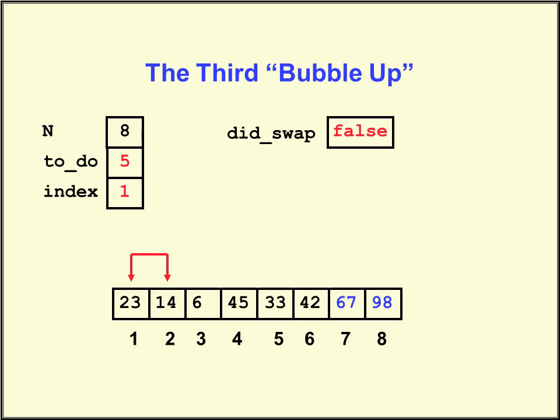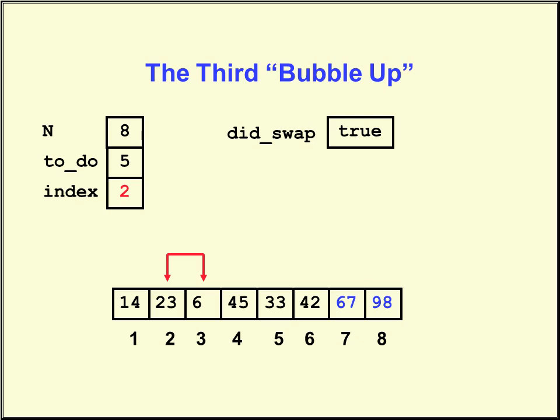At the first index, again the value is 23. So we check whether 23 is greater than 14. 23 is greater than 14, so swapping will occur and the index values of 14 and 23 will be changed. After that we compare the value at the second index, that is 23.